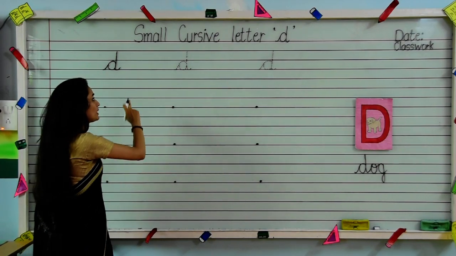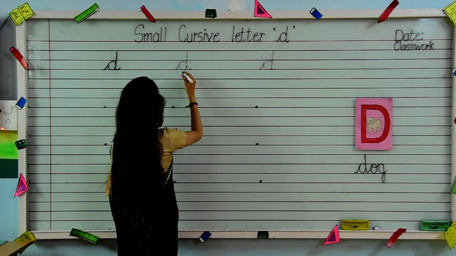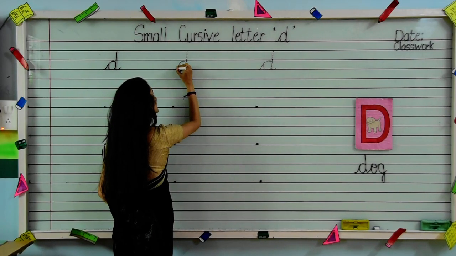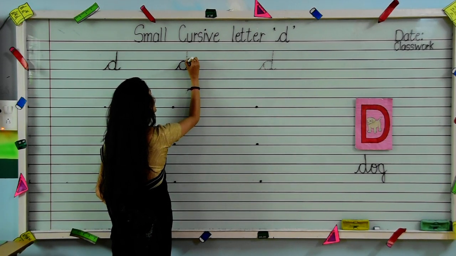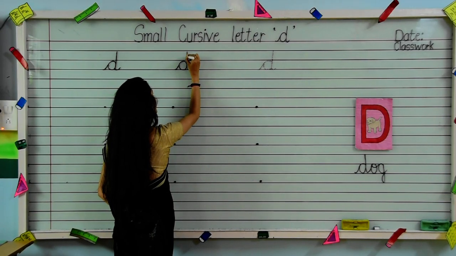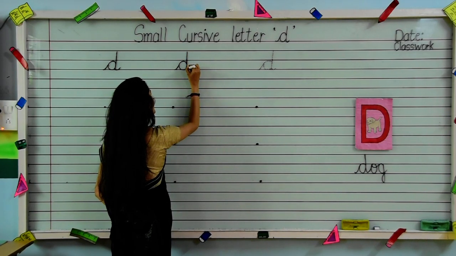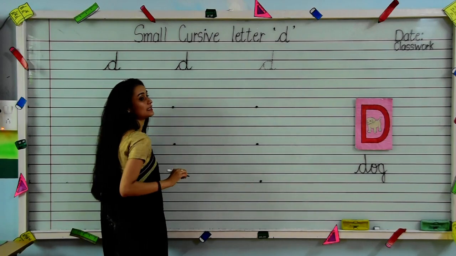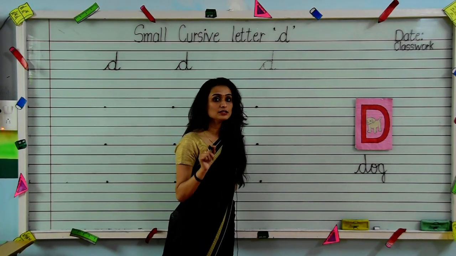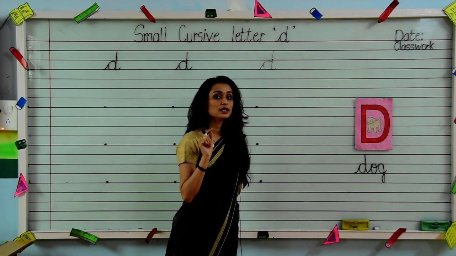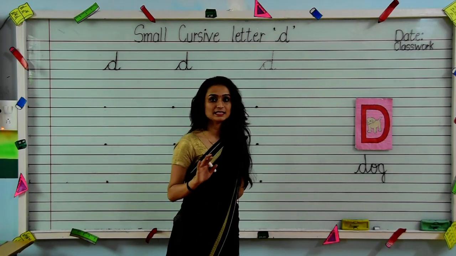Okay kids, once again let's see, pay attention. Slanting line up, make a curve, come back, make a circle, go up straight, come down making a standing line and make a tail like this. Very good kids. Be careful, your pencil should not go out of the dot. Your book should look very neat and clean.